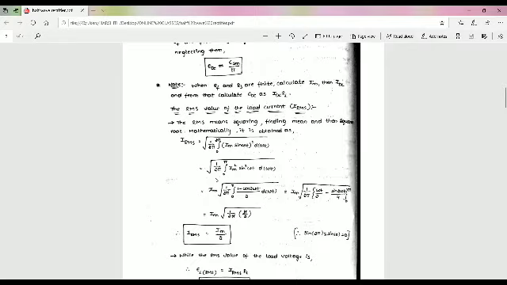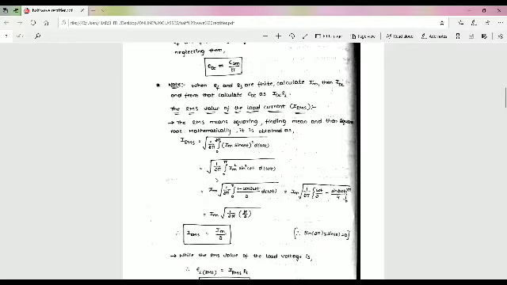Substituting sin square omega t equal to (1 minus cos 2 omega t) by 2, and then substituting the limits, that is equal to Im times square root of 1 by 2 pi into pi by 2. In this case, sin 2 pi equals sin 0, that is equal to 0. Pi is cancelled. So Im by 2. So IRMS equals Im by 2.